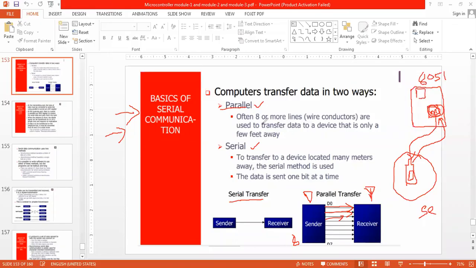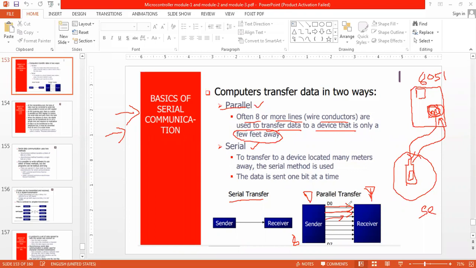In a parallel communication, what will happen? Eight or more lines of data, wired conductors, that means wired connectivity, are used to transfer the data to a device that is very near to the 8051.